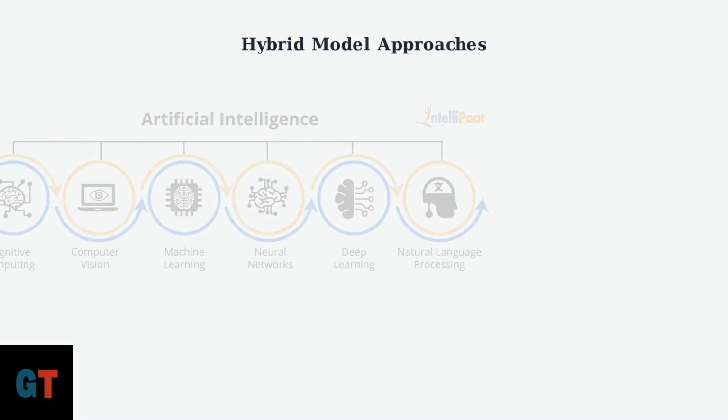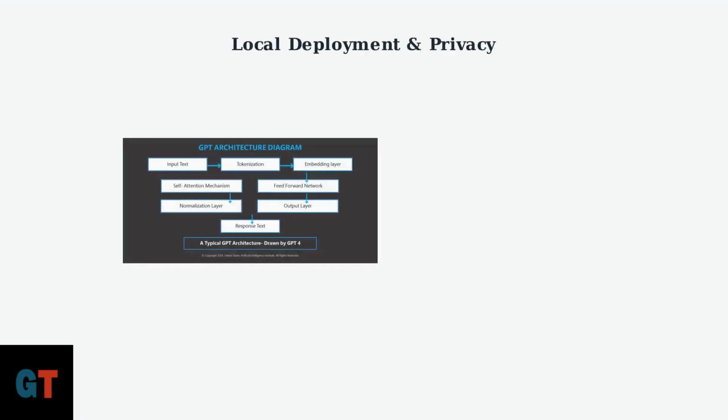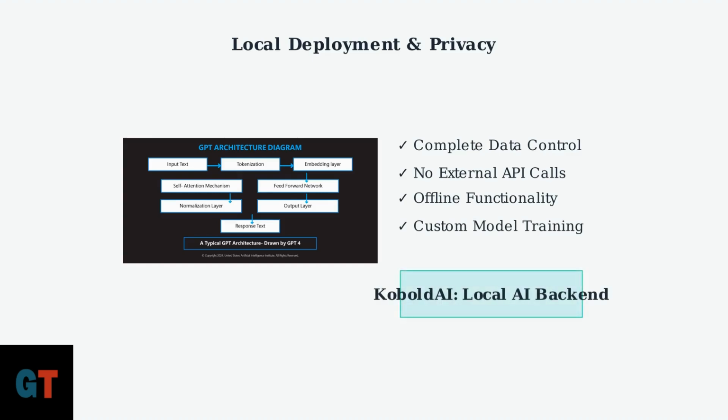Advanced implementation of Janitor AI characters begins with hybrid model approaches. By combining GPT-4 with specialized models, you can optimize both performance and cost while creating more sophisticated character behaviors. Privacy-conscious users can leverage KoboldAI for local model deployment. This approach keeps all data on your own hardware, providing complete control over your AI characters while maintaining privacy and